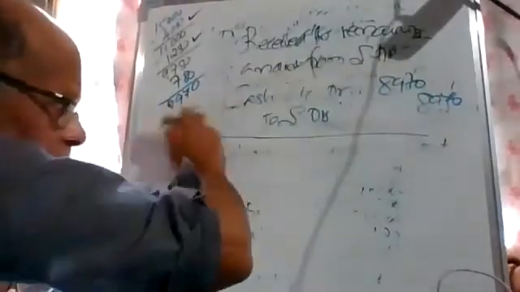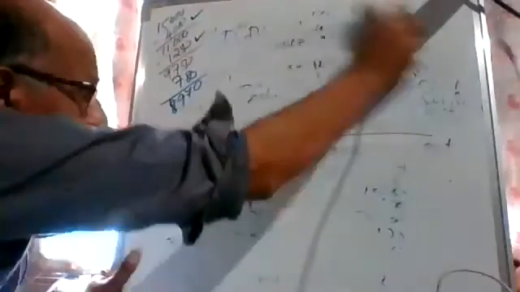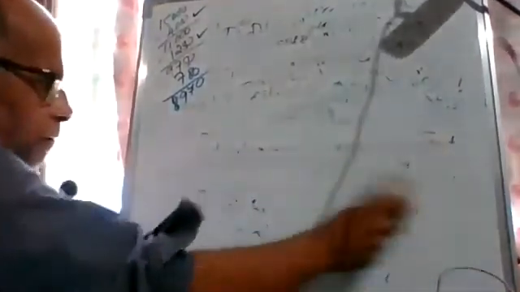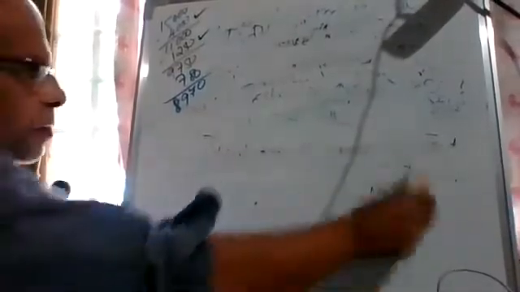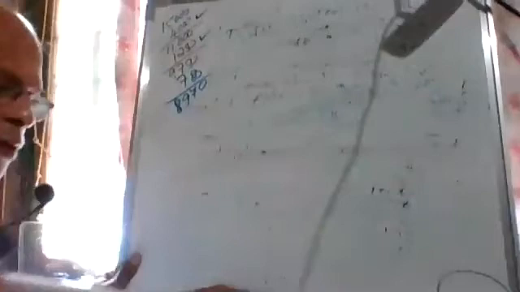Here, how many journal entries are there? For sales, there is no compound journal entry. After sales, how many journal entries? 4. We can pass only one journal entry instead of 4. In this case, some account is repeating. Which account is repeating in the 4 journal entries? Sundry debtors.